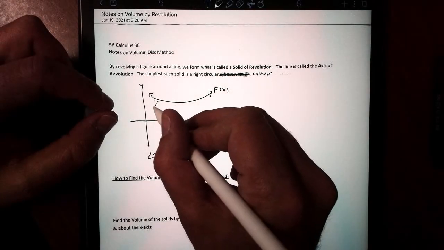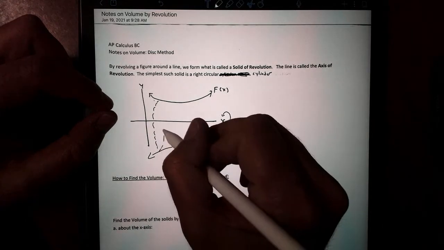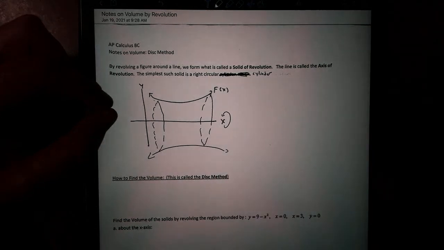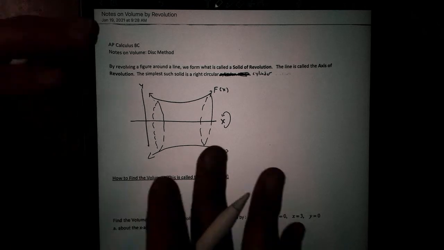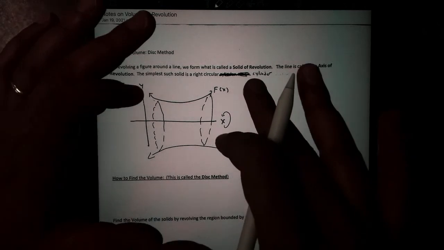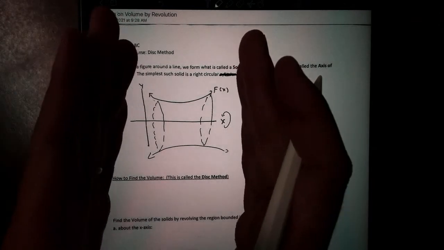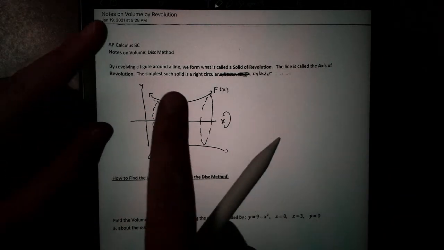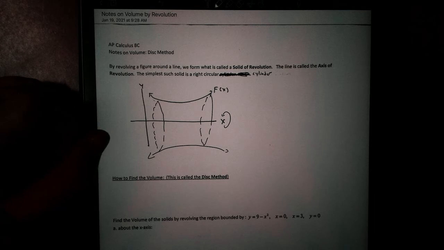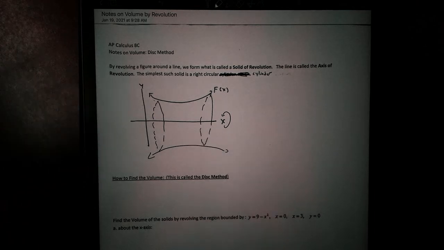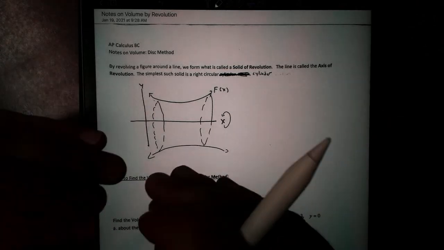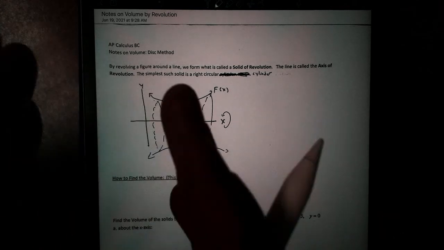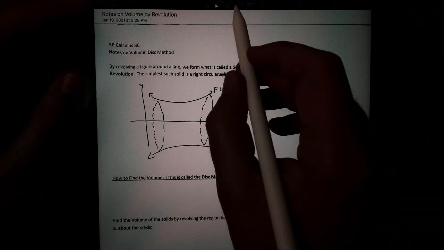And you would get this big old cylinder right here. So what we did here was we just got a volume by revolution. Now today we want to talk about how do we figure out the volume of this solid that is formed. Now to do this, we're going to go back to what we've been using, that rectangle of